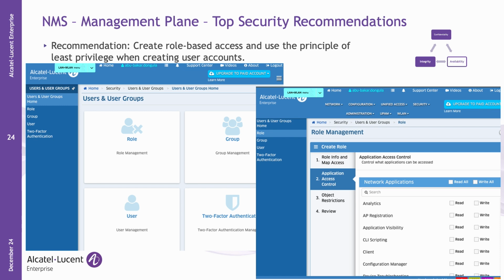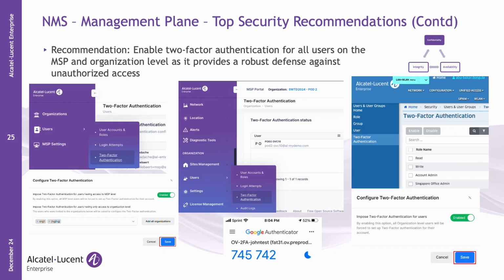Not implementing role-based access control primarily affects the confidentiality and integrity pillars of the CIA triad, with potential secondary impacts on availability. The second security risk is using single-factor authentication for management access of your networks. As we've mentioned before, we recommend using multi-factor authentication, which will significantly increase the security level. Not implementing MFA primarily affects the confidentiality pillar of the CIA triad, but it can also indirectly impact integrity and